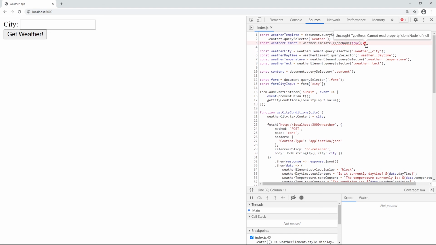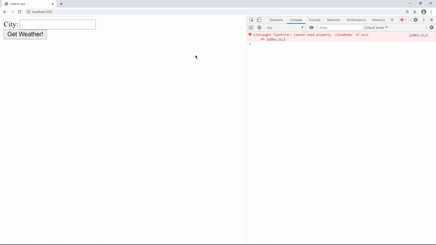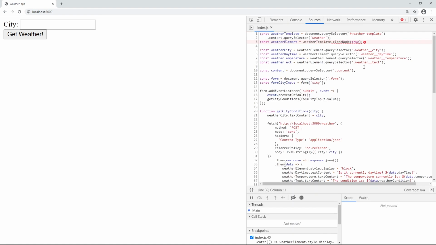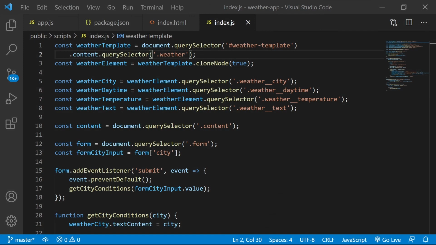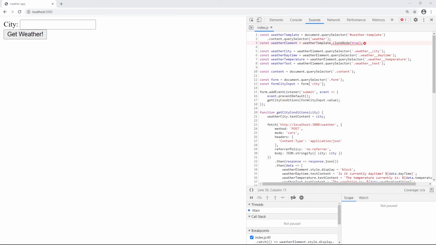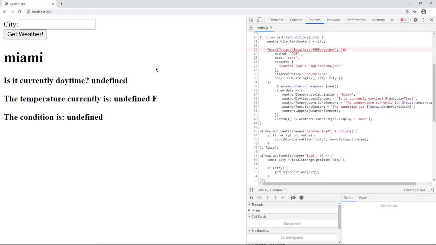Unfortunately, clone node of null. Interesting. Weather template content. Oh, I didn't pass the class selector. So I just came back here and put the class selector, the period, right before it.